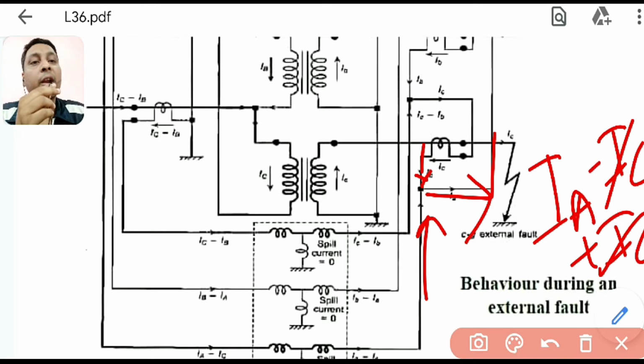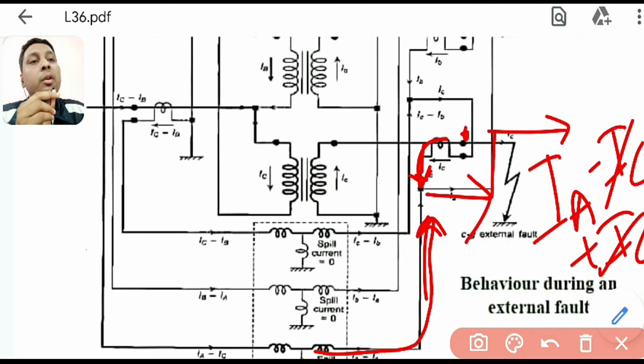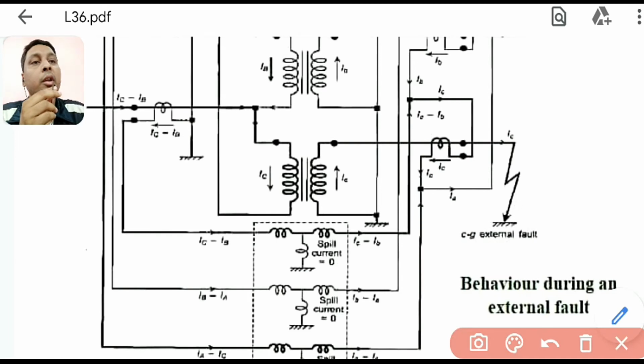So accordingly I have connected. You see this IA minus IC came here, so accordingly it is connected here, and IC should come out of here. Now you can put your dot convention. If you put a dot here, current is going out. So your dot should be here, so that current should come in this direction. I think you have seen this one. If I put a dot here, that means current is going out, so my secondary winding dot should be here.